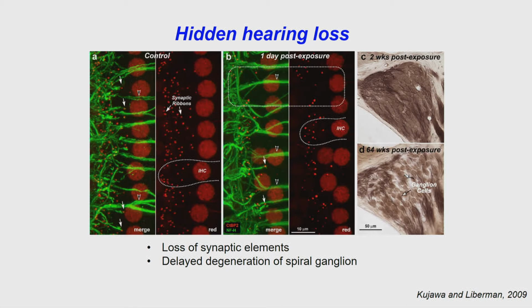What they did was they took mice, right? These are wild-type mice. And what they did was they looked at the inner hair cells. So these are the nuclei of the inner hair cells. They are the ones that communicate sound information to the brain. And they looked at the number of synapses that these guys have. So this is one hair cell that they outline. And these reds are the number of synapses that a spiral ganglion or auditory nerve fiber makes on that hair